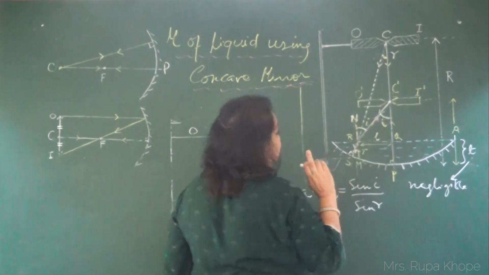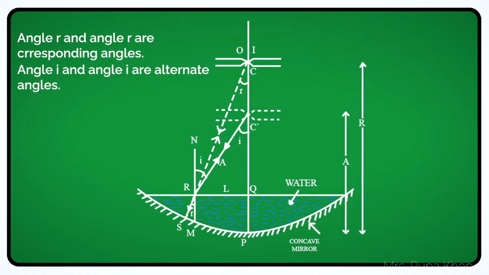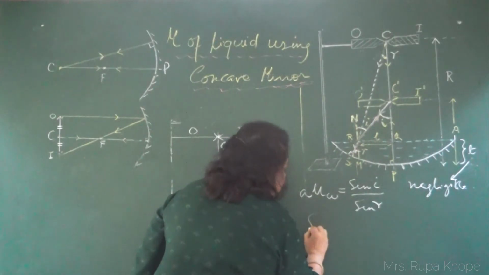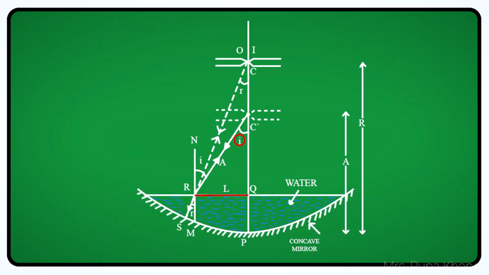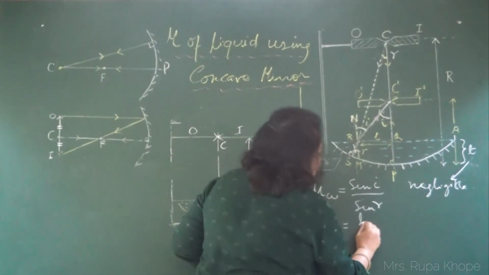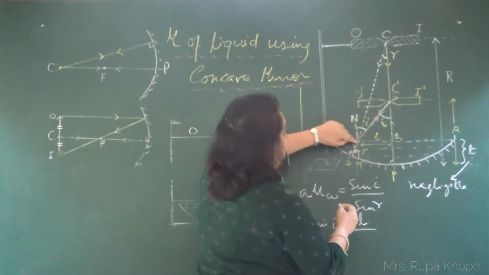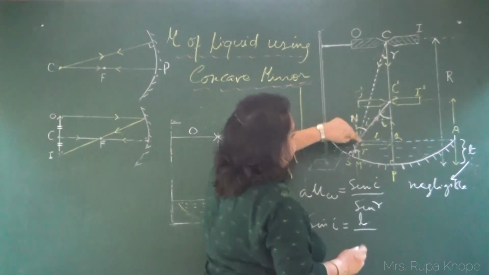So we are using two triangles here. The first triangle is this one, C dash RQ, and the second triangle is CRQ. So let us name this distance RQ as L. So what is sine I? Can you tell me what is sine I? Opposite side upon hypotenuse. For I, this is the opposite side. I have given it the name L, divided by hypotenuse, which is RC dash.